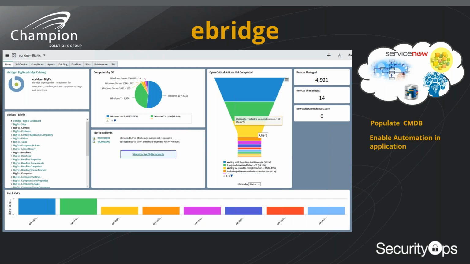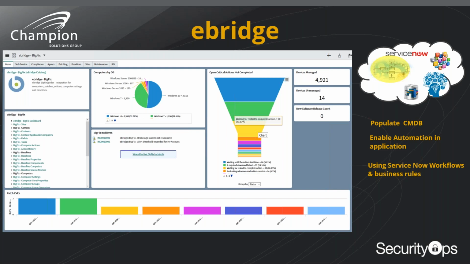So you may have some capabilities, for example, and I'm going to cover this today, of pushing software in a self-service capability via BigFix, right? So BigFix does a great job. If you own Lifecycle and you have all these software packages, this can all be automated in a self-service portal, saving you some time. So, and again, because you have that ServiceNow platform and we now have those hooks into